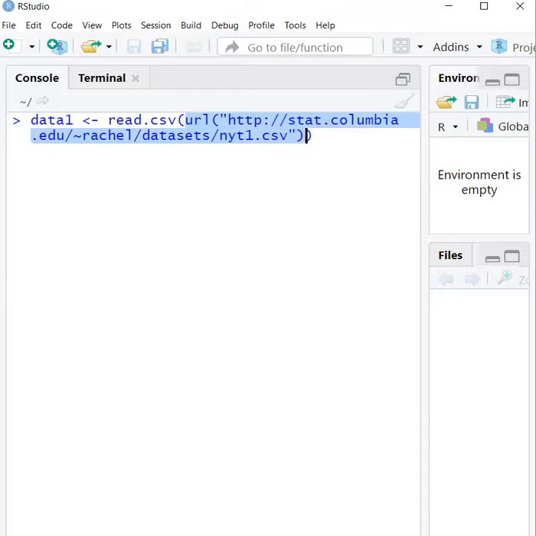read.csv, followed by the URL function, where we give the complete path of the CSV file. The library to read this CSV file is present by default. Just put this command and enter it.